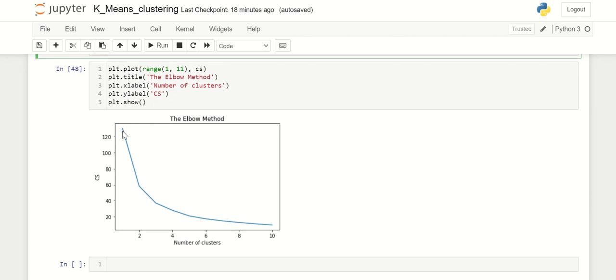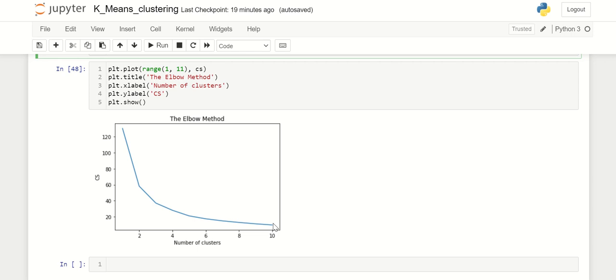The inertia value for one cluster is very high because it has put the whole data set into one cluster. For the second it is decreasing, and for 10 clusters it is giving the lowest value. So if we divide the whole data set into 10 parts, it will give us a more accurate and clear result, with no overlapping and significant distance between each group.